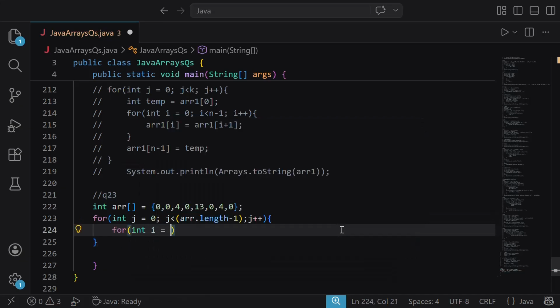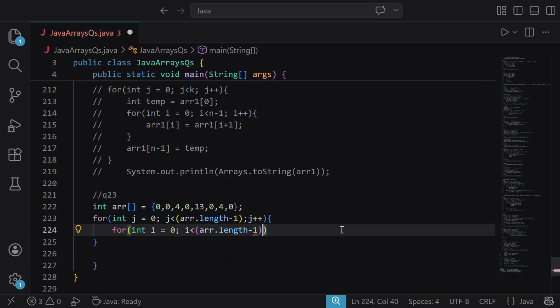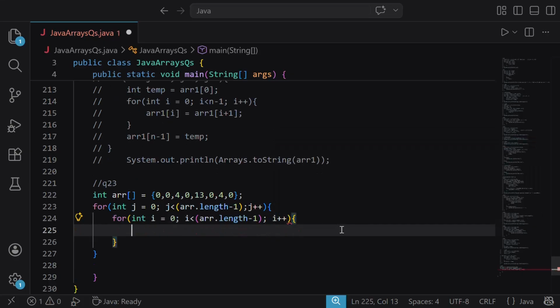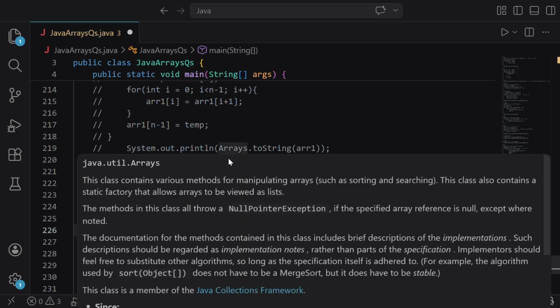and second loop will be same, like from 0 to length -1. Now what we have to do is we have to check whether the element is 0. So if the element with index I is 0, then we just have to replace it with another element. Like first we'll see if this is 0, and yeah, it's 0. So we'll just replace it by